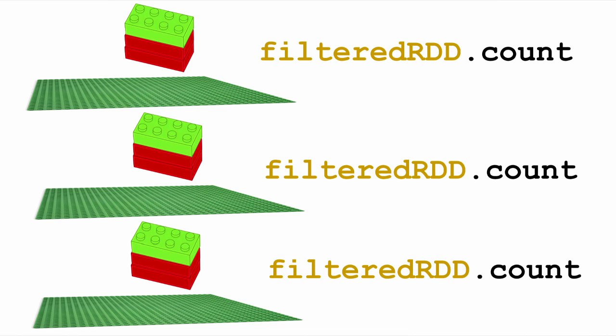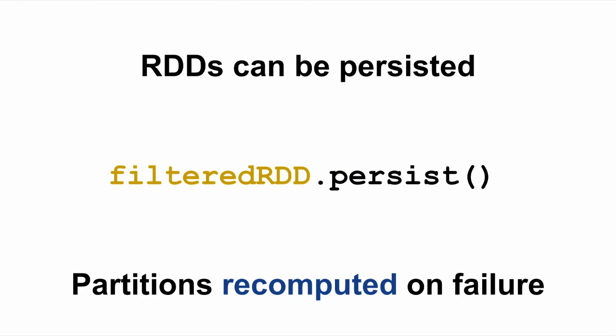This could be good or bad depending upon what your use cases are, but it's just something to keep in mind. Since everything's lazily executed, it also is lazy as far as what data it actually stores for you or keeps around for you as far as processing efficiency. So you as a developer or as a designer can start being smarter about, hey, I'm going to actually use that filtered RDD again and again and again. Let's stop that computation. Let me instead persist it. And persist doesn't mean I'm going to write it out to a file system. Persist means I'm going to keep this thing in memory to be able to reuse it again and again.